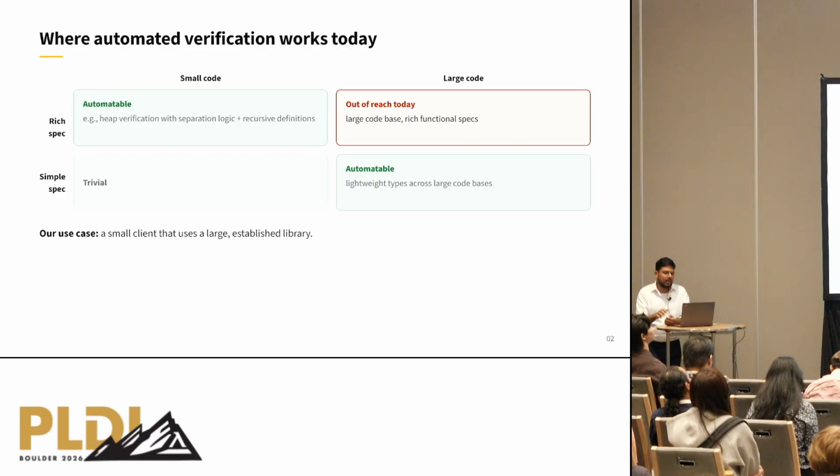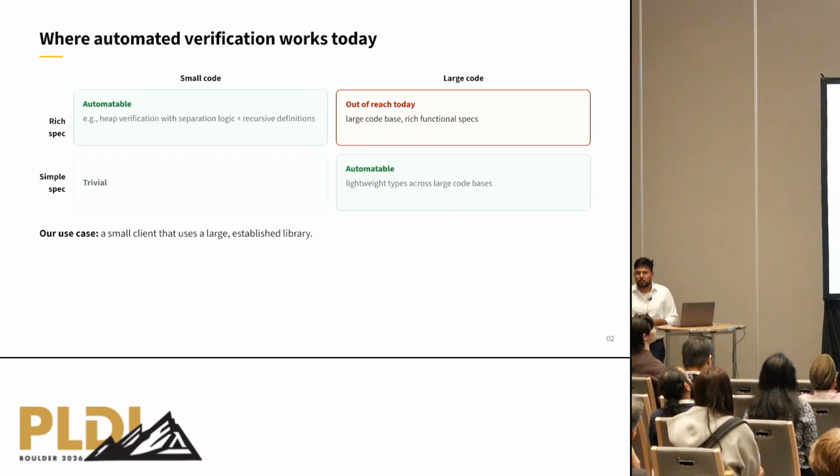In our paper, we focus on a particular use case where you have a smaller client that uses a larger library. This is fairly typical for a large class of programmers, because a lot of programmers don't write libraries on a daily basis. What they do instead is write smaller programs for their particular applications, and they use convenient abstractions that are established and available elsewhere for managing a queue or calling things over a network and so on. This is the problem that we look at in this paper: how do you establish guarantees for this kind of software.